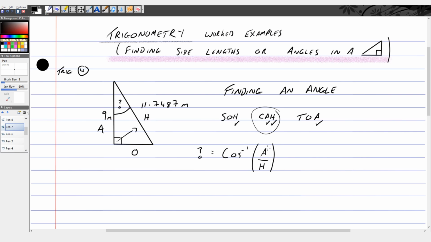We know the adjacent, we know the hypotenuse, so therefore we can find out this missing angle. So the unknown angle is cos to the minus 1 of the adjacent, which is 9 meters. You don't have to write units in, of course, in a calculator, but we're just saying what the units are. 9 meters divided by